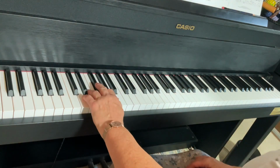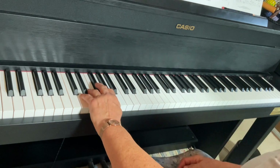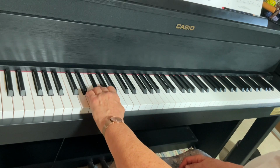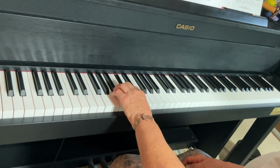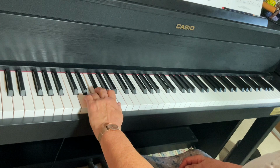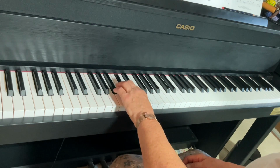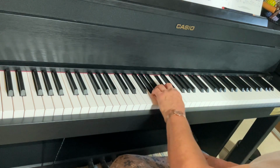The left hand goes 5, 4, 3, 2, 1, 3, 2, 1, as it does in C and G major. Here you're going to relax over the thumb, pivot, 1, roll over the thumb, pivot coming back down,